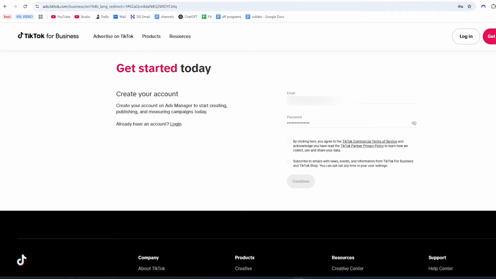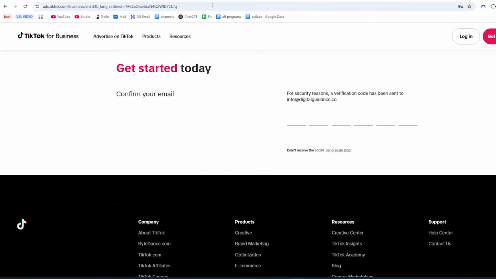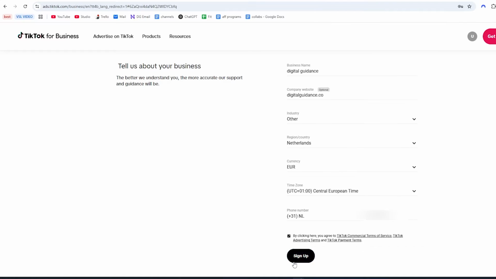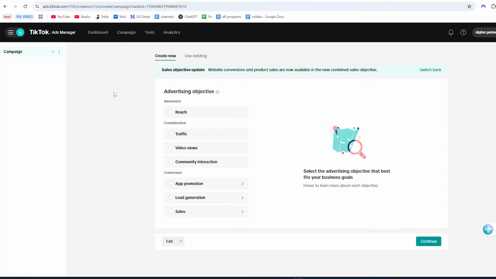Then here you want to fill in your email address and create a password, and then click this box and click on continue. Then you want to verify your email address, just like that, and then fill in your business information right here. Then once you've filled it in, click sign up, and now you successfully created your TikTok Ads